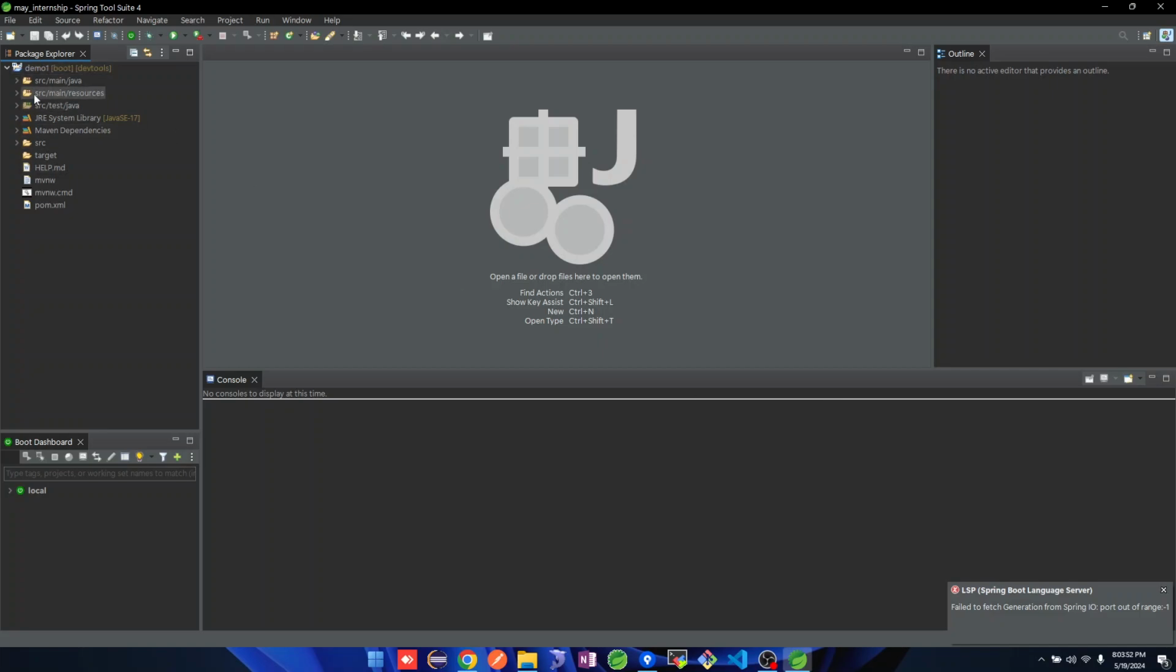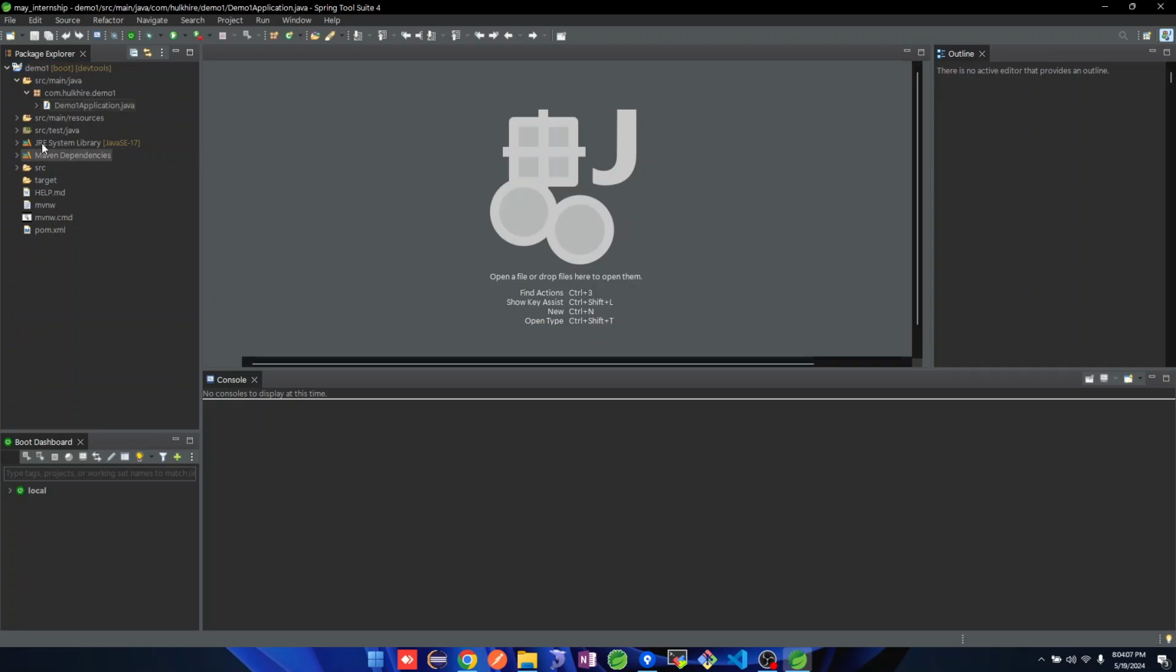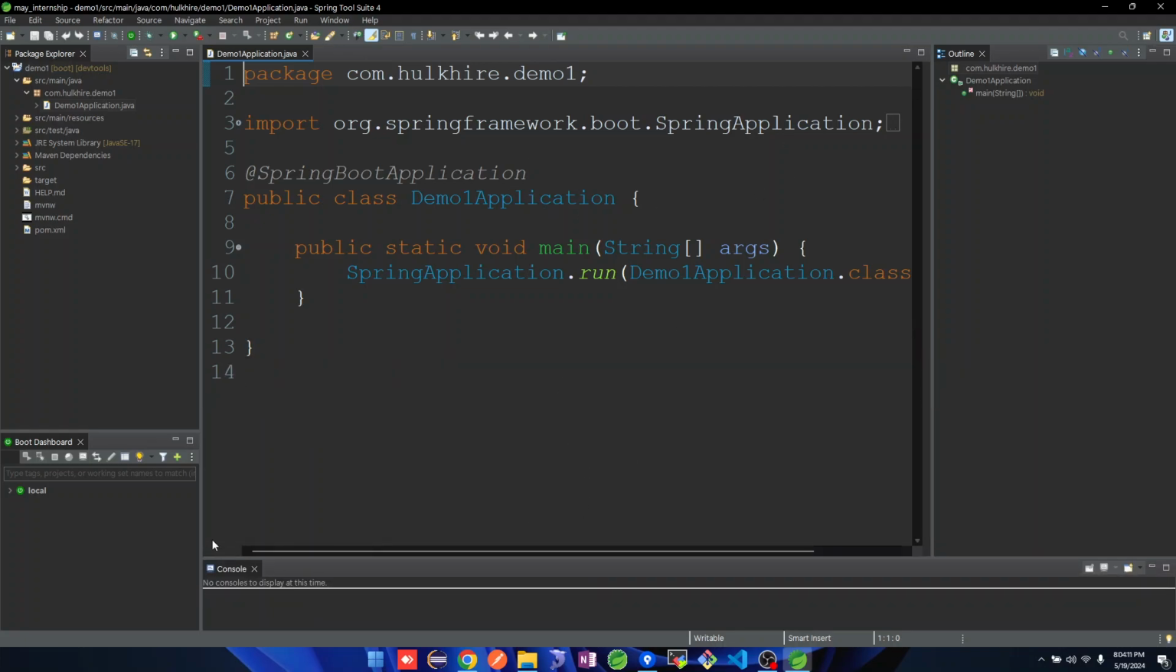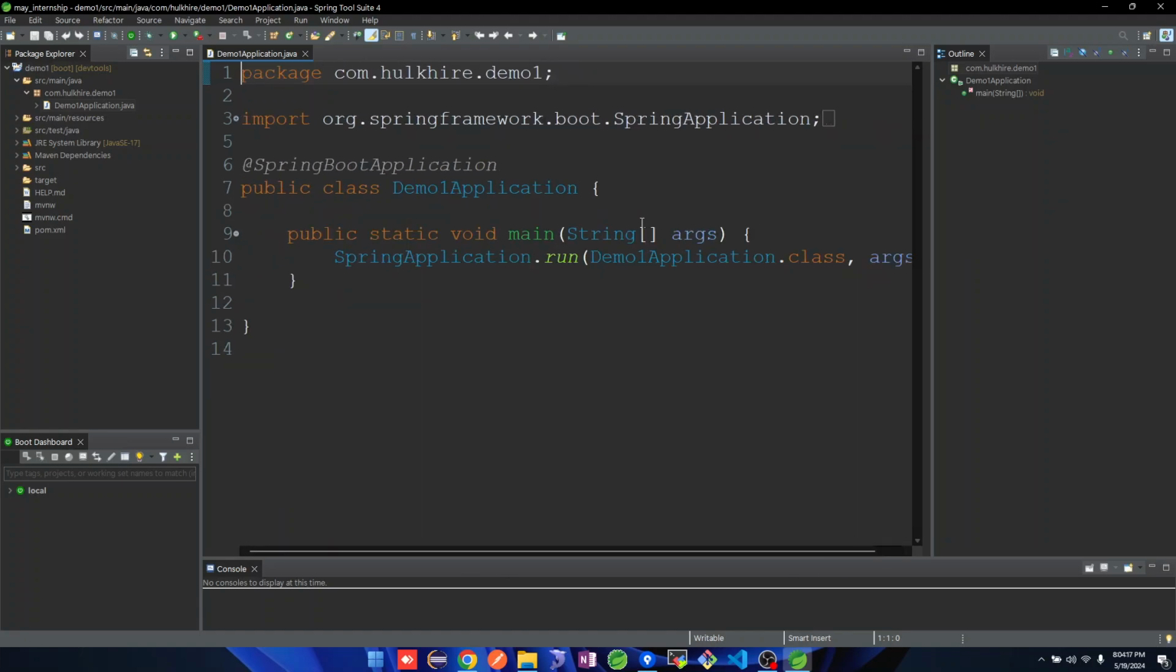Now you are seeing that there are different packages in my project, like src/main/java here, and hulkhire.demo1. In this there is a Java class like this. This is the main class. My program starts from here, because this is the main class of our application, and there are different packages, as you are seeing, guys. Now I am going to